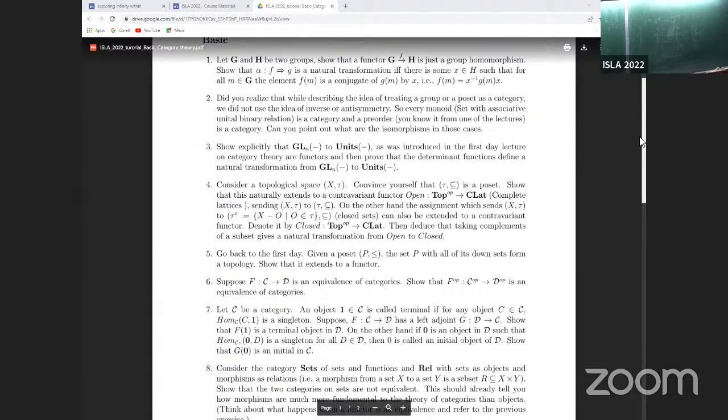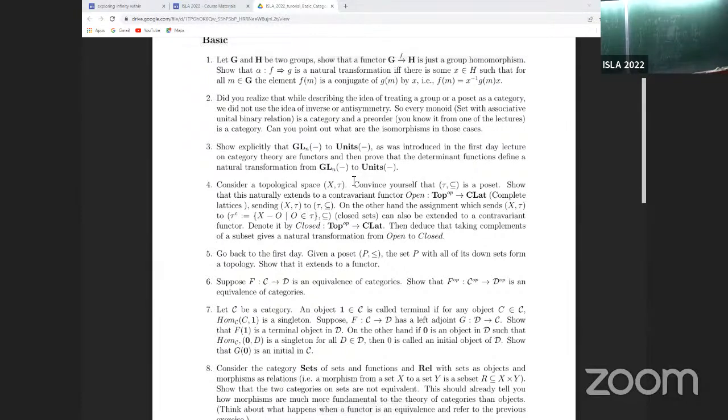So in the lecture today, I commented that equivalence of categories shows that they transfer almost all properties from one category to another. So if you can somehow show that there are two categories in which one property is there and the similar property is not there in the other category, then you can straight away say that this is not going to be an equivalence.